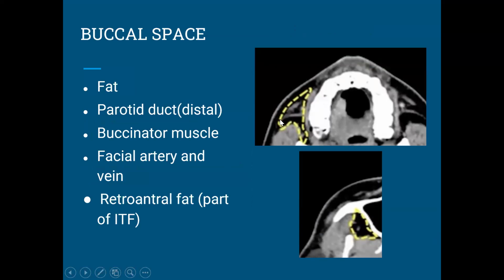Next, we move on to the buccal space. We are in the suprahyoid neck. We have seen the masticator space and the parotid space. Now we'll see the buccal space. So the buccal space is located anteriorly. So this is the area of the buccal space,